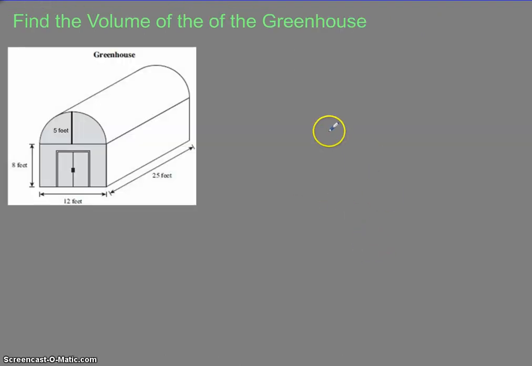Let's move to the greenhouse, and notice I did something wrong again. This is probably from fatigue when I was doing this. I should have proofed it, but I didn't. Find the volume of the greenhouse, not of the greenhouse. Anyway, you get the picture,